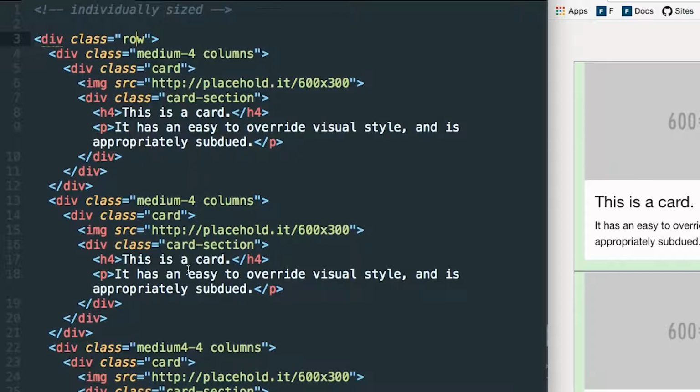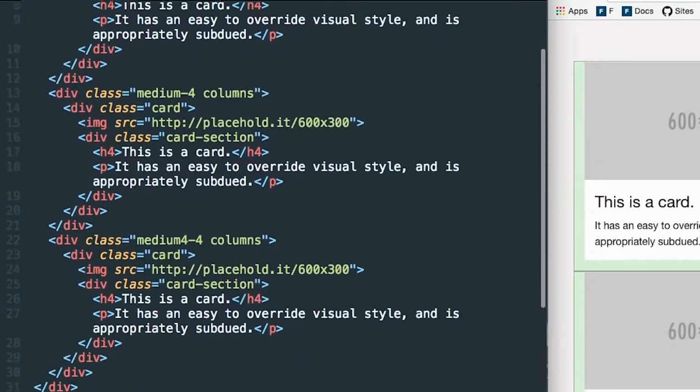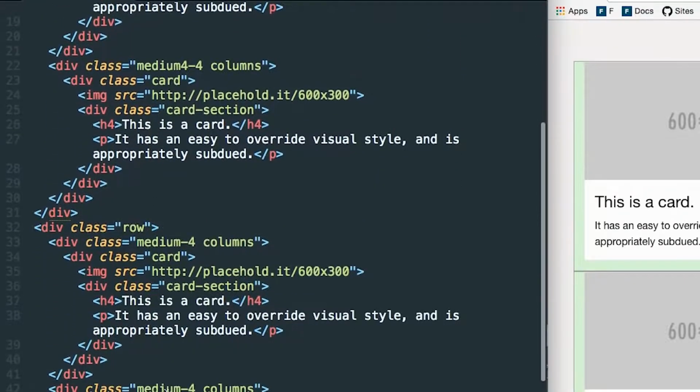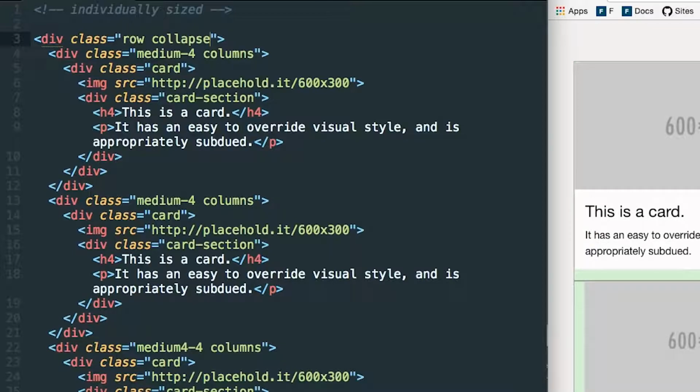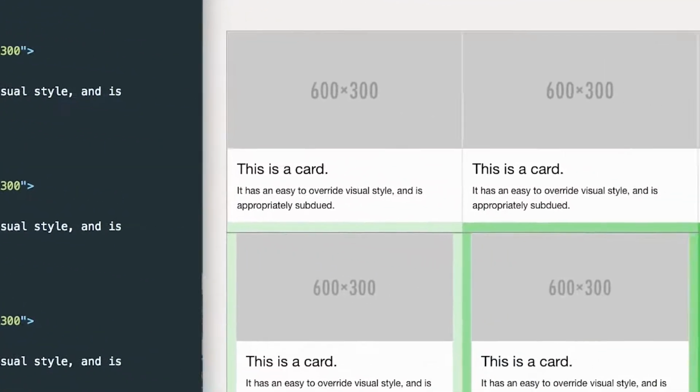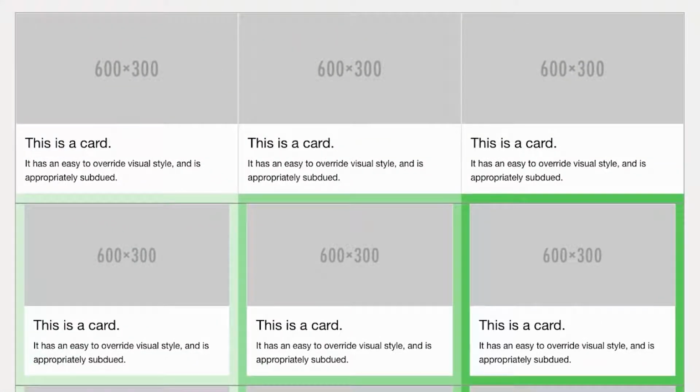So 4 plus 4 plus 4, that equals 12. So now we've completed our row. And then we have another row with 4, 4, 4 columns. So what we're going to do is add a class of collapse to the row. And what that does is it removes all the padding in the columns of that row. So now you can see that they're all butted up against each other, and maybe this is the look you're